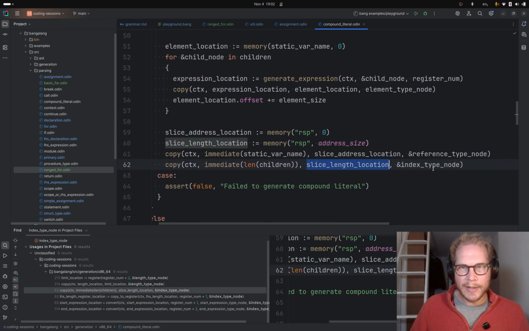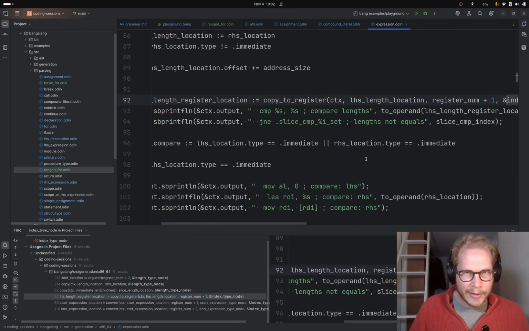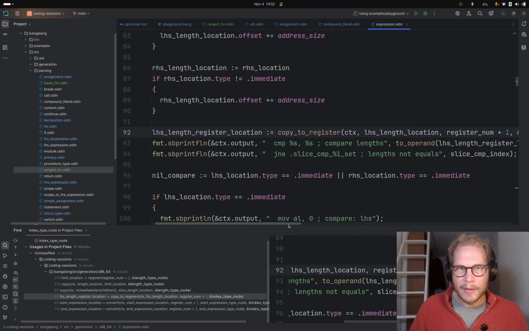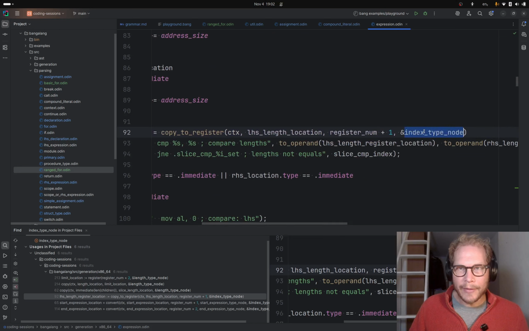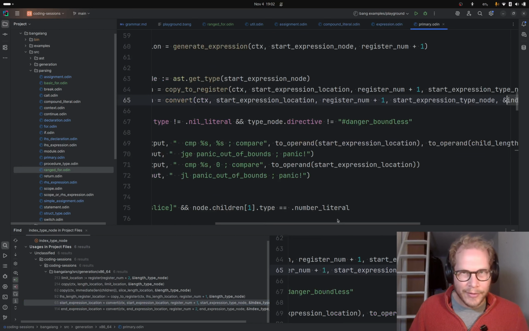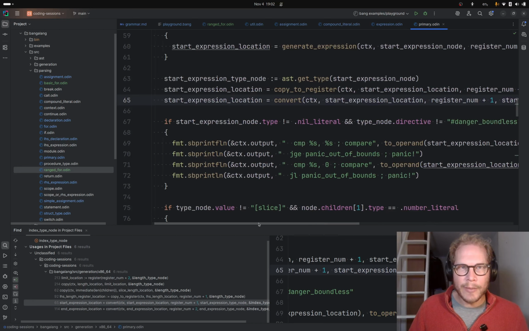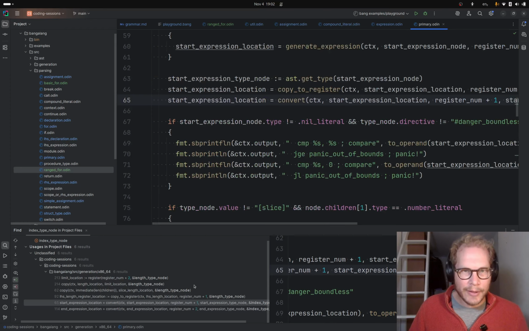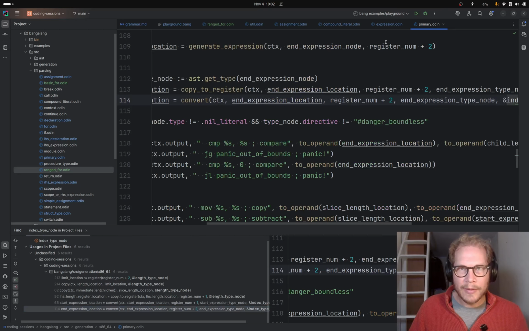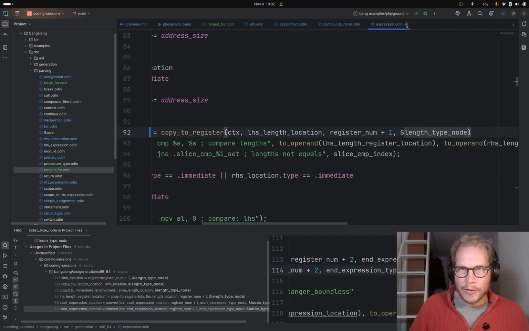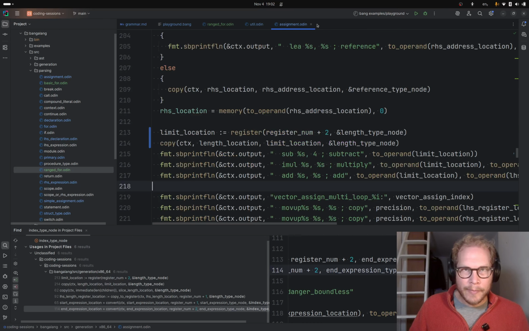And here slice length location, so that's also a length. Length register, this is all length stuff. So here we're talking about indexes, I think. Yeah, here it's all indexes. Okay. So if we get back to where we were,